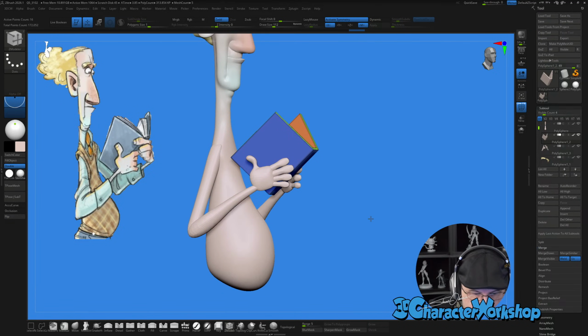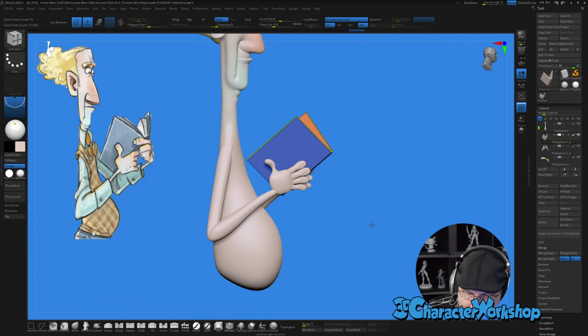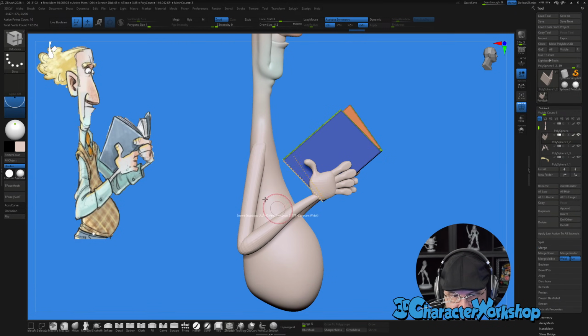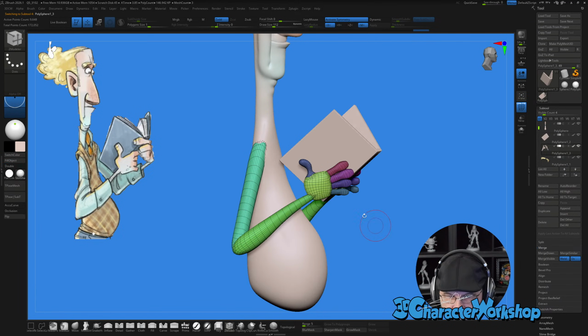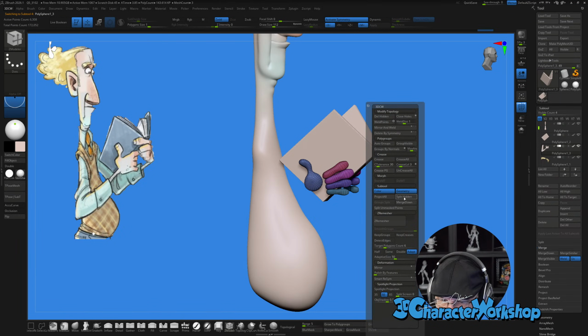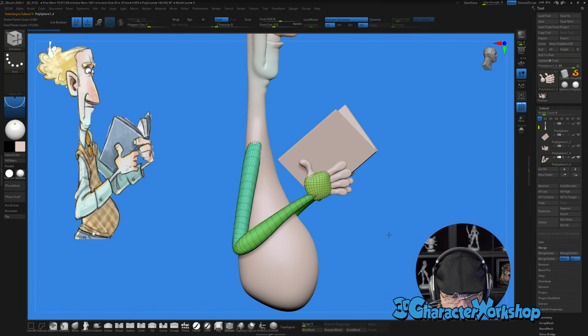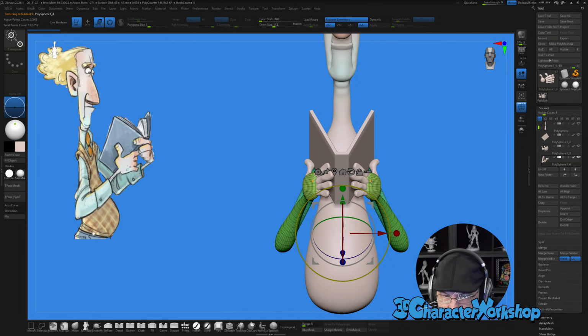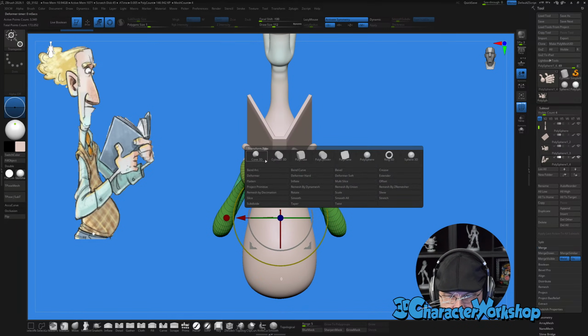Okay, so I want to just merge all the hand together, not the fingers, but the rest of the hand into the body. So let's do this. Split hidden. And then we will stitch them together using remesh by union.